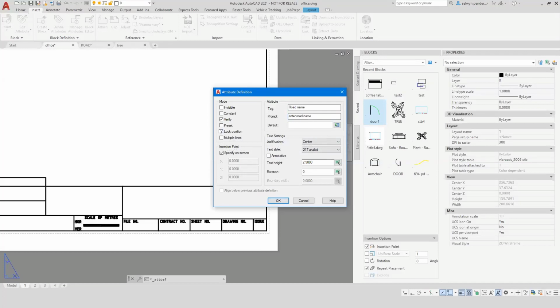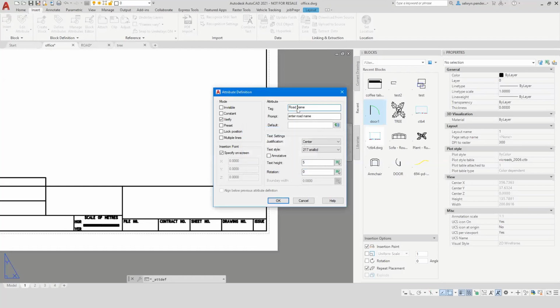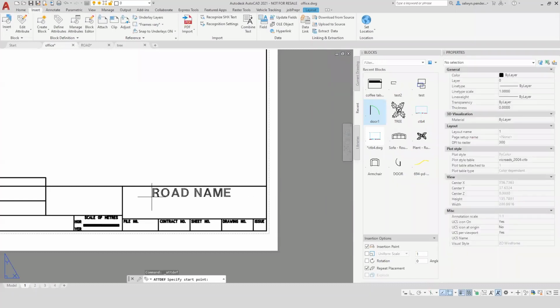And I'll uncheck lock position, because sometimes with the title block you might find that you need to move something around or change it. So it's a good idea to have lock position off, unless you're fairly confident it's going to stay where it is. So I'll go 5 high for that. Okay. So as you see here, no spaces. So I just come back up here and I'll just put an underscore in there, or just turn it into one word. So I'm going to place that